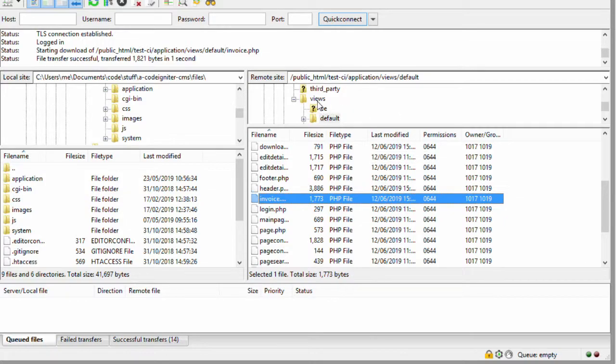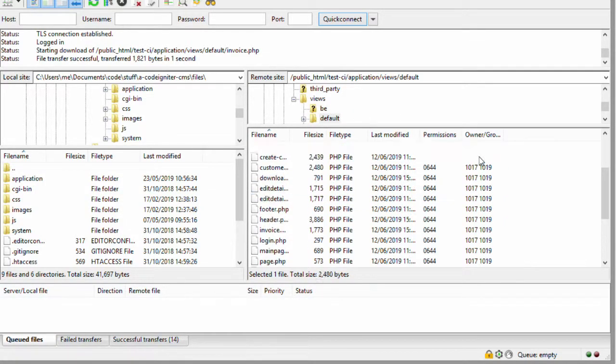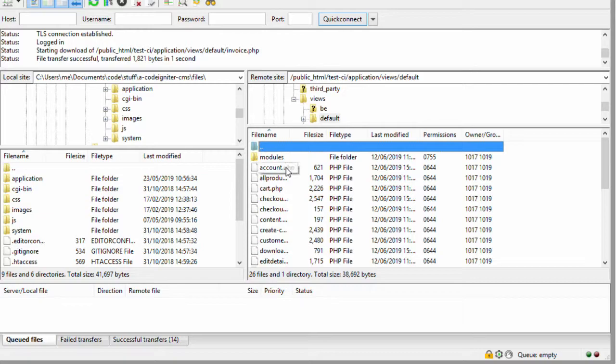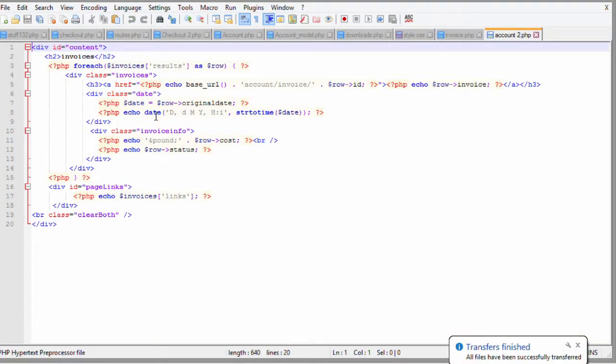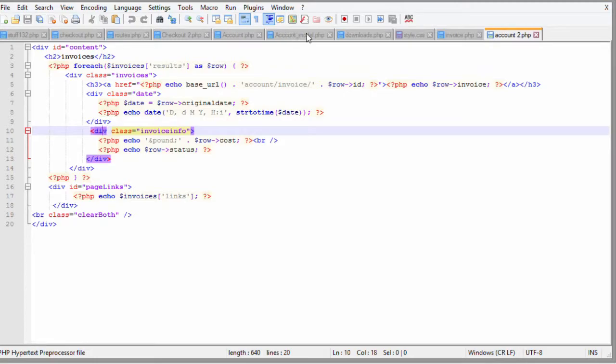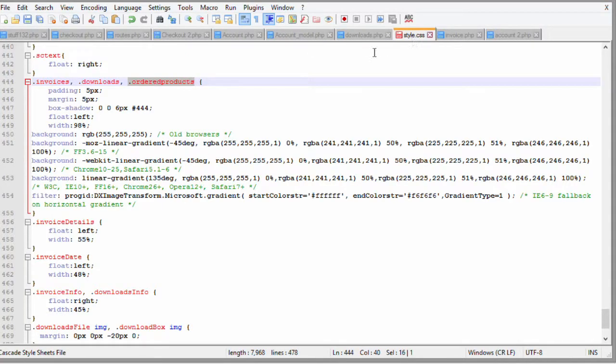So back into views, default, and if we open our account page, because we do need this too. And if we look at the div classes we've got in here, we have invoice, we have date, we have invoice info, and in our style sheet we have these very corresponding divs here. So div class invoices, div class downloads, and our div class of ordered products will get the same styling rules